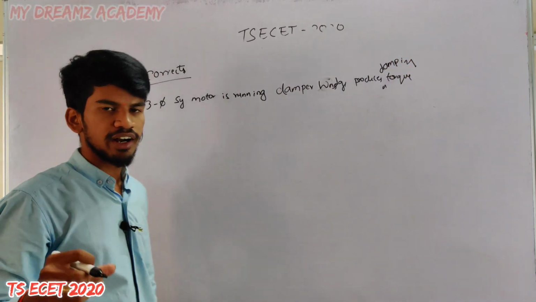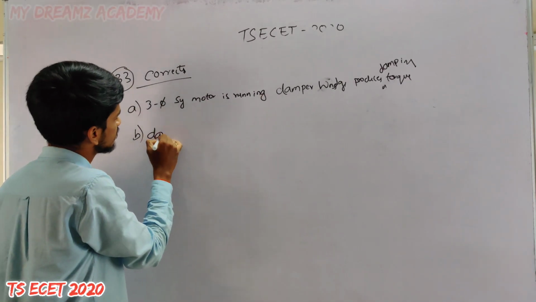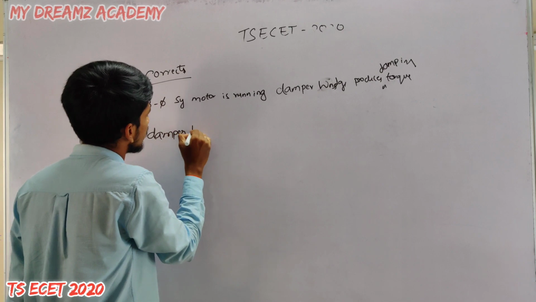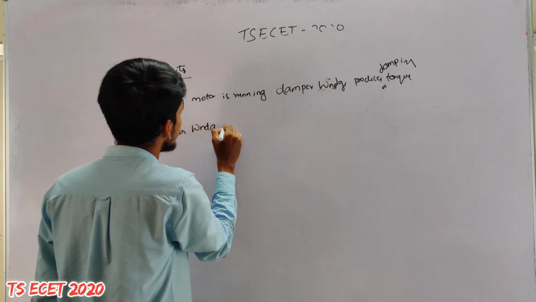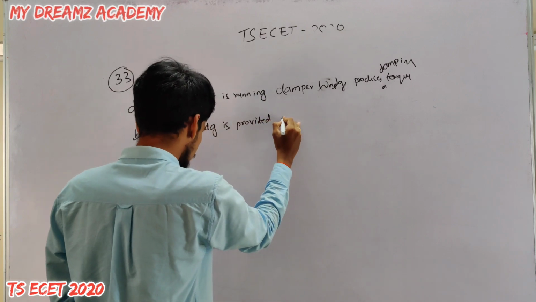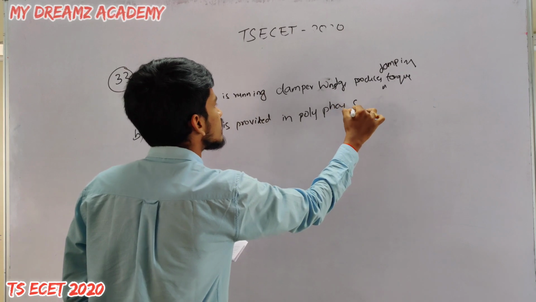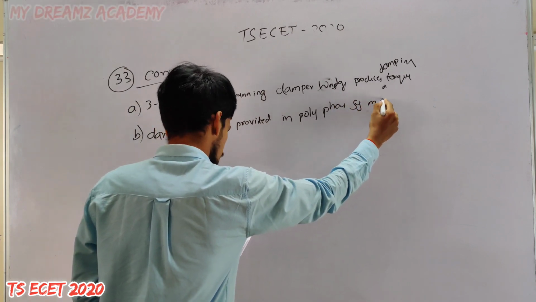Option B, what is option B, we will see. Damper winding is provided in polyphase synchronous motor